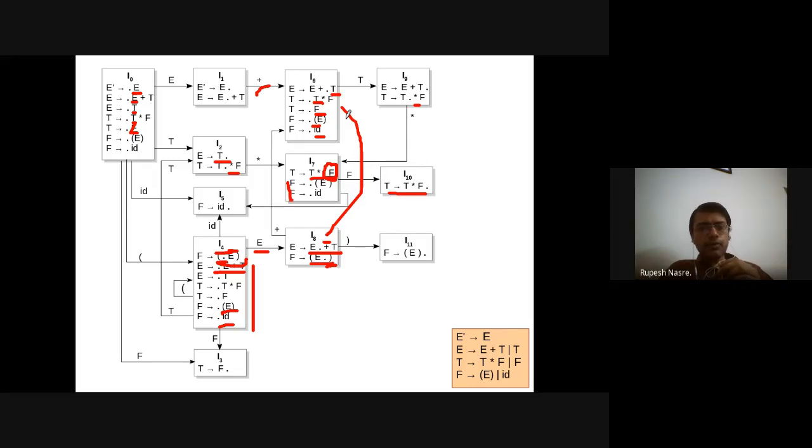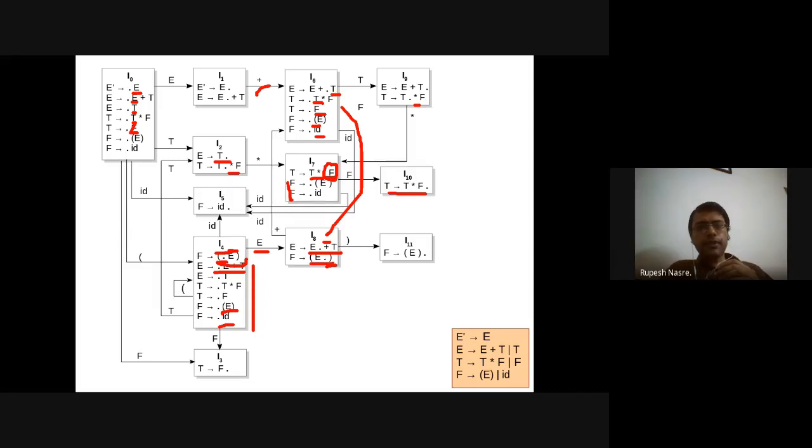And other few transitions which are going to be possible: F deriving ID dot, and then there is this ID. From I7 on ID, I can go to not I7, but I6. From I6 also I can go to the same state. So that is another possibility.